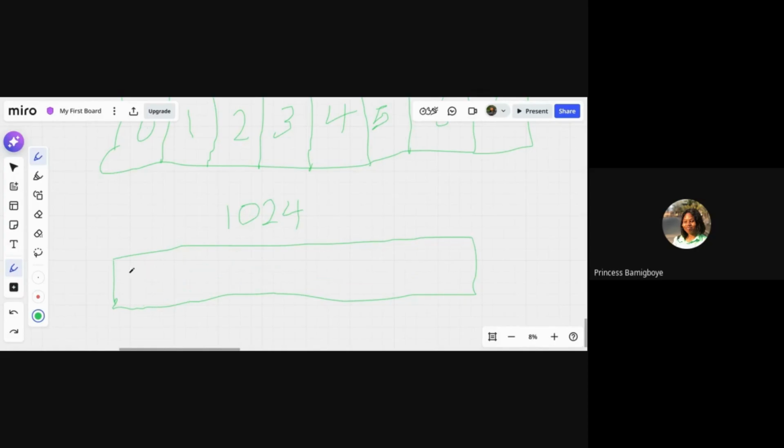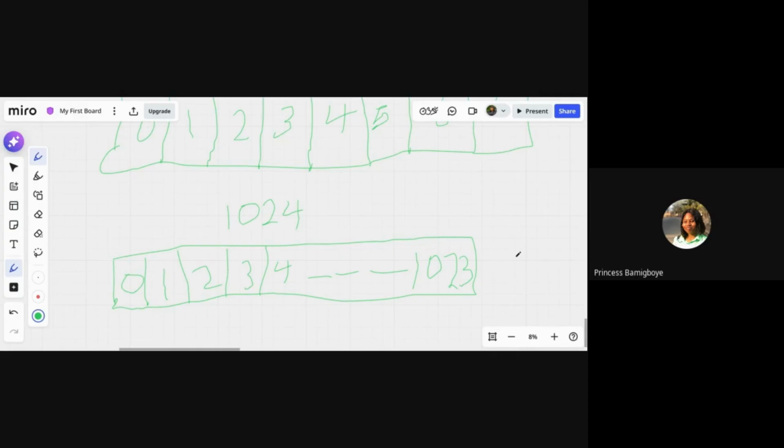I will count 0, 1, 2, 3, and 4, and keep going till I eventually reach, where am I going to stop? 1023. Till I eventually reach 1023.